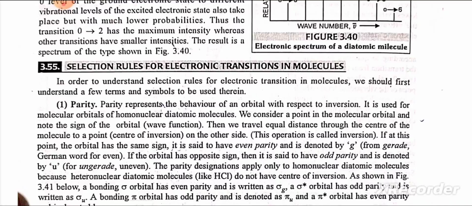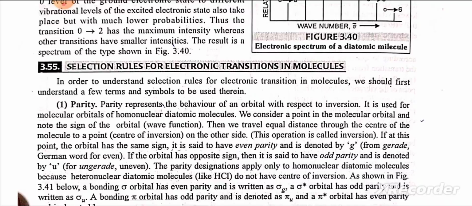If at this point the orbital has the same sign, it is said to have even parity and is denoted by g from gerade, German word for even. If the orbital has opposite sign, then it is said to have odd parity and is denoted by u for ungerade, uneven. The parity designations apply only to homonuclear diatomic molecules because heteronuclear diatomic molecules like HCl do not have